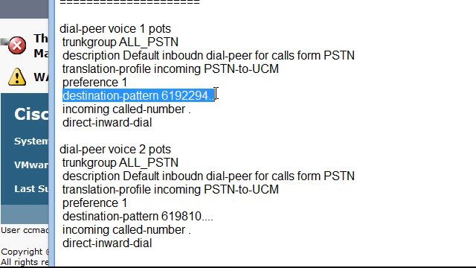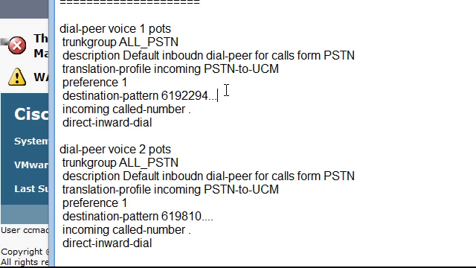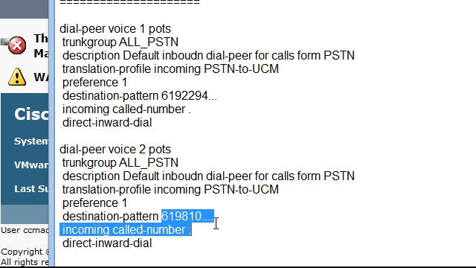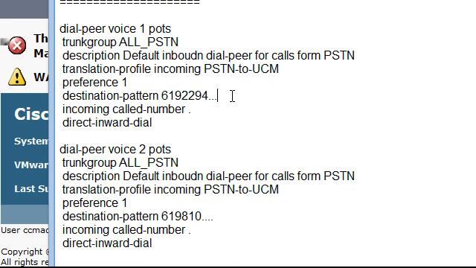And I also have a second one here for this particular client at 619.810 dot dot dot dot dot. So I got 4 digits here, 3 digits here. All right. So in both cases, there's a translation profile that's been applied. So let's take a look at that. The profile itself